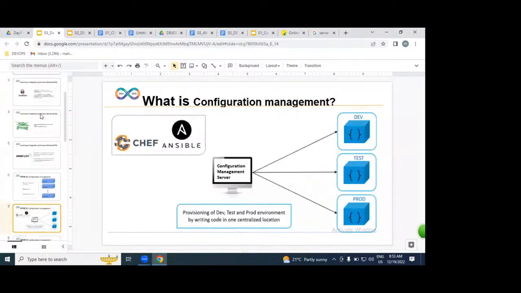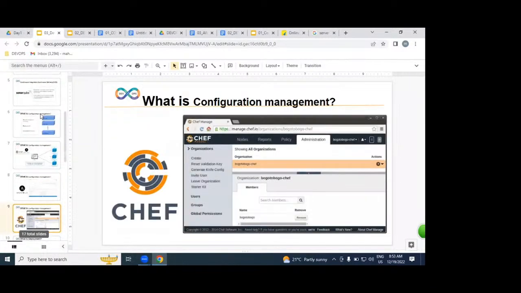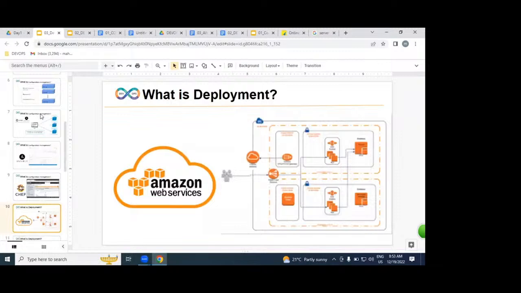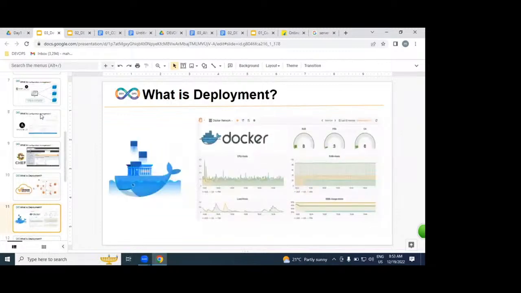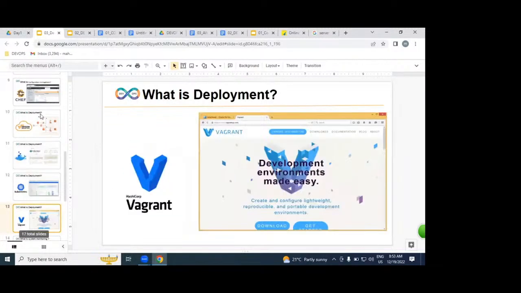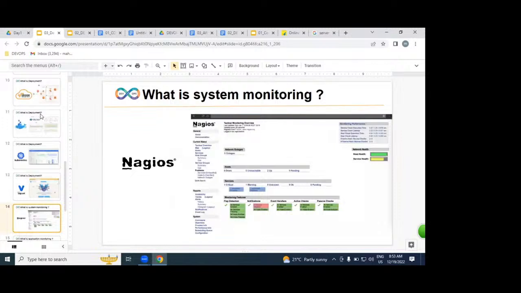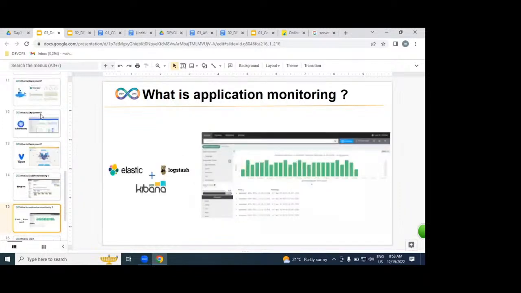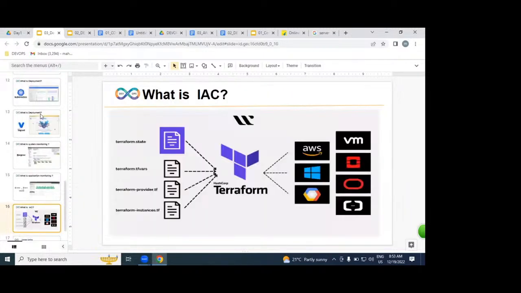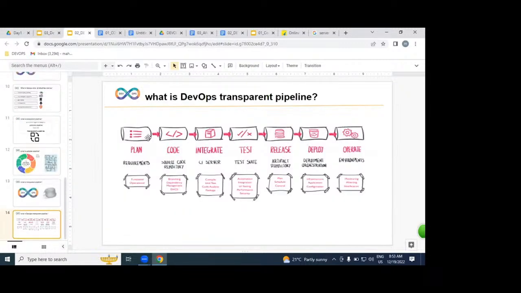Configuration management like Ansible, Chef. Complete AWS. Docker, Kubernetes, Vagrant, Nagios, ELK, Terraform. So these are all the tools we are going to learn, and learning them will take more time. By using these tools, we are going to implement this DevOps process.